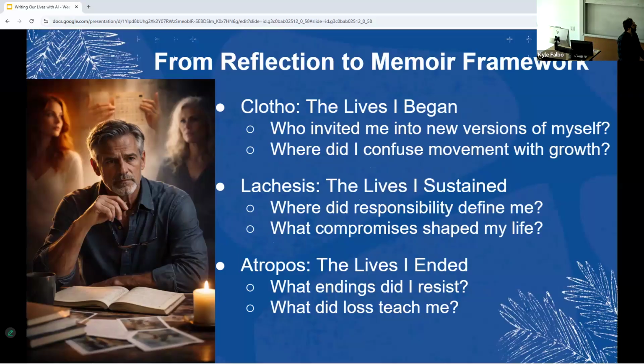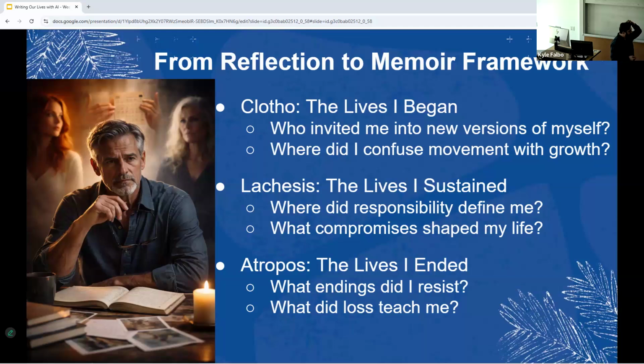And then to go back to the three fates, this idea of reflection to the memoir framework, now we can get some very specific kinds of prompts and questions that I could be asked in that framing. So with Clotho, the lives I began: who invited me into new versions of myself? Where did I confuse movement with growth?